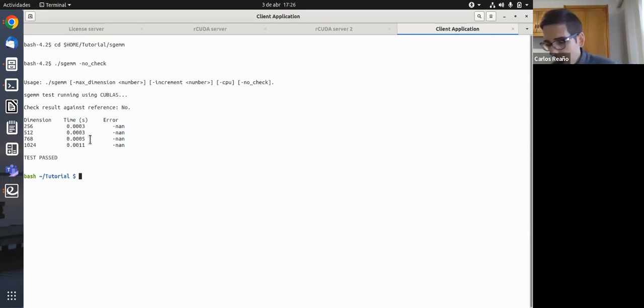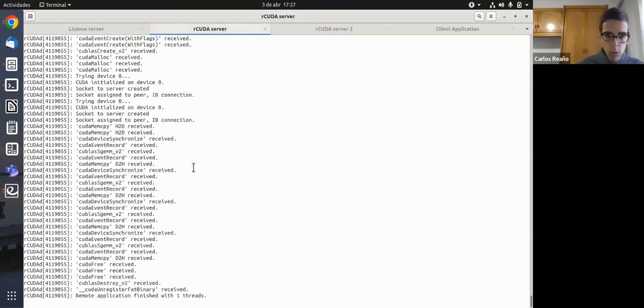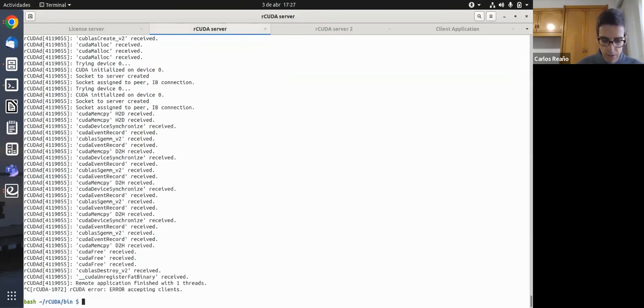And I'm going to run actually the same, but in this case using CUDA. Remember that from this client application we are using the GPU located in a remote server, which is located in this tab. So what I'm going to do is stop this server and clear the screen.